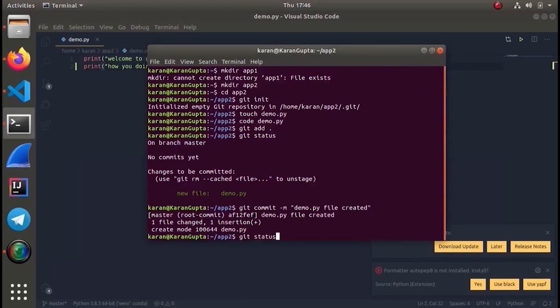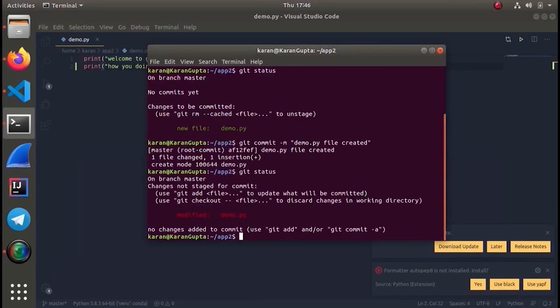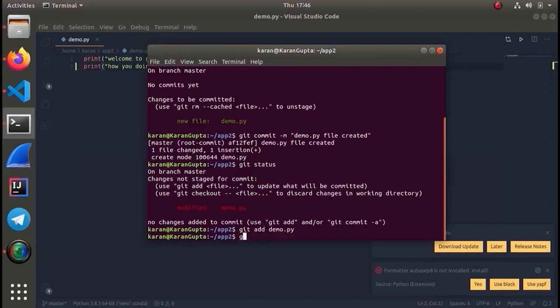Then let's see the status of the particular Git repository. Here we can see that the demo.py file has been modified. So it's a modified file. Since it's modified, we can commit it. But before, we should add these changes to the staging area. We can do it with git add dot, or we can use a particular file name like demo.py. Then we will commit it